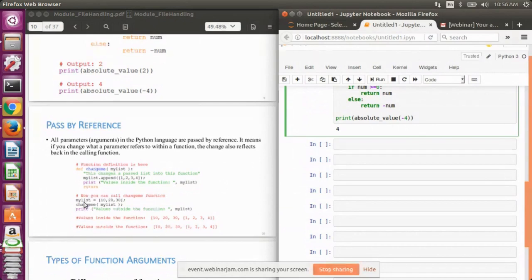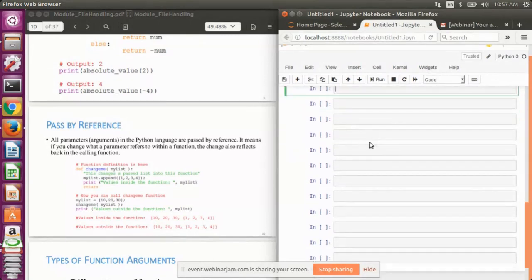Then outside the function I'm defining again a variable my list that contains 10 20 and 30, and calling the change me function by passing my list as a variable. Whenever I run this, you can see the expected output is this one. So let me show you by coding this so that you can be more clear.